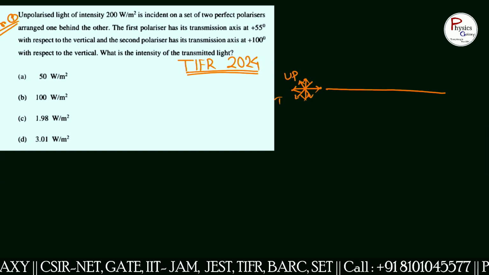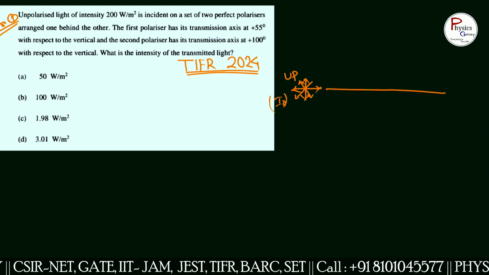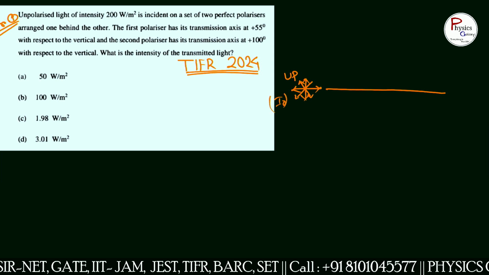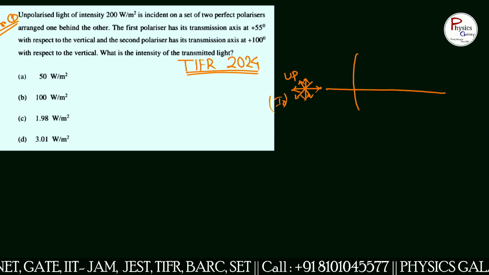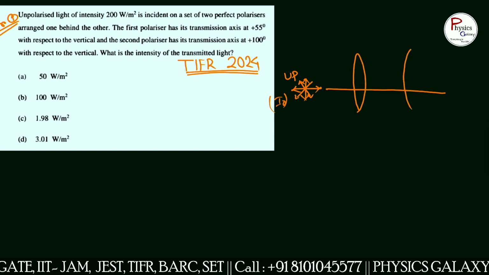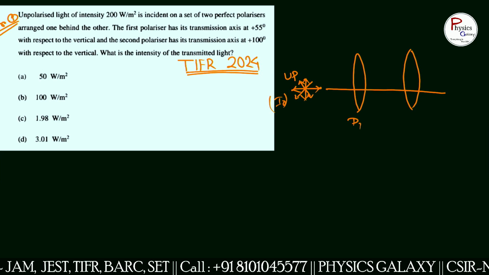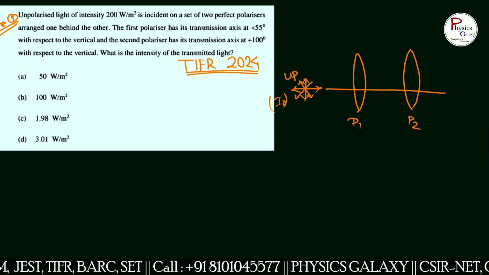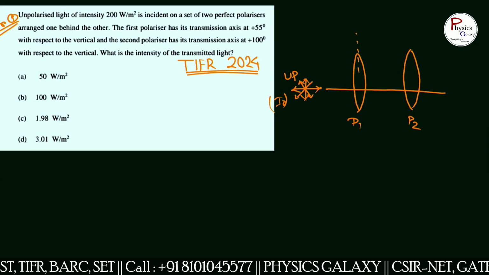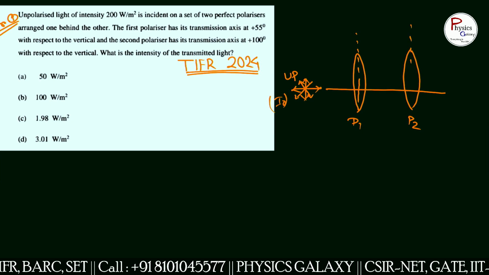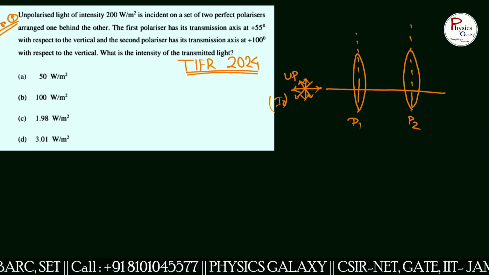Let its intensity be I0, and it falls on a set of two polarizers. Let the first be P1 and the second be P2,